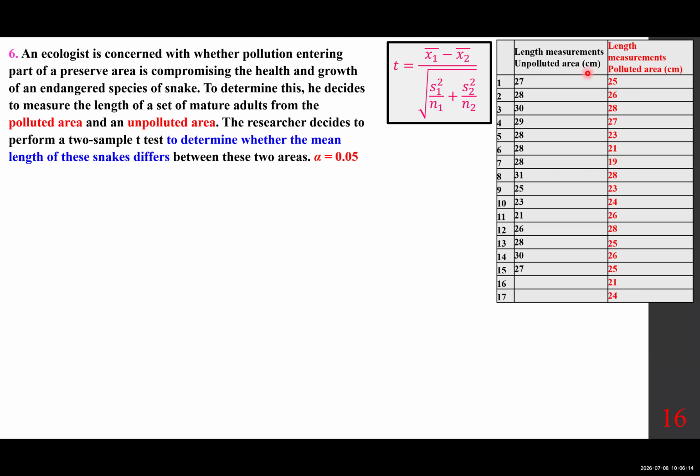Unpolluted, in centimeters. The first one, the length is 27 centimeters, and it goes down to the second, third, and picks up 15 and checks them out. For the second group, the first one is 25. This is a polluted area and chooses 17. They don't have to be this. And so